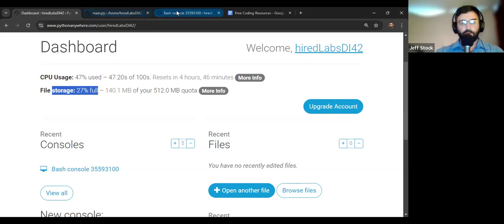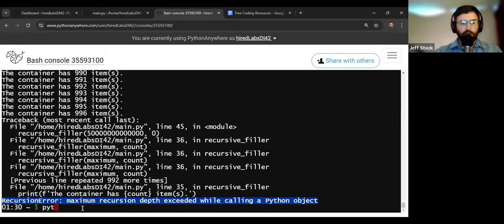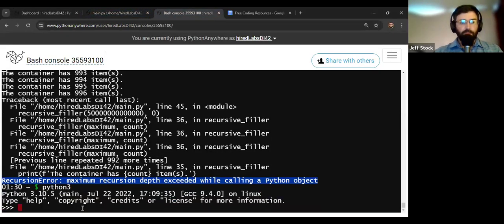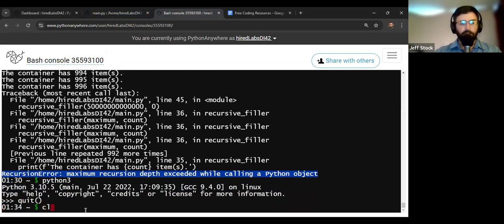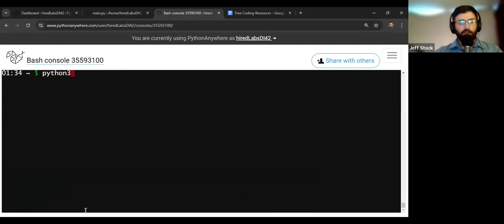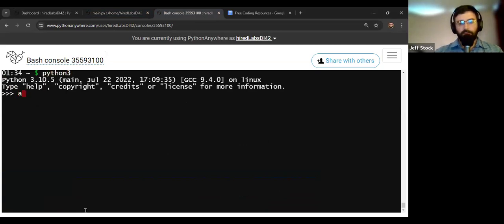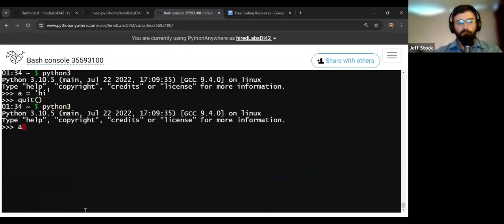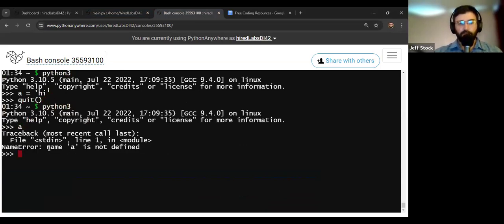Remember, if we go into our Python interpreter, and you remember we set a variable of some sort, and then we leave, that variable doesn't exist anymore, right? So we come back, and it says A is not defined. That doesn't exist because we quit, we left, it was just in memory, we didn't store it somewhere, right? So the storage was in memory.